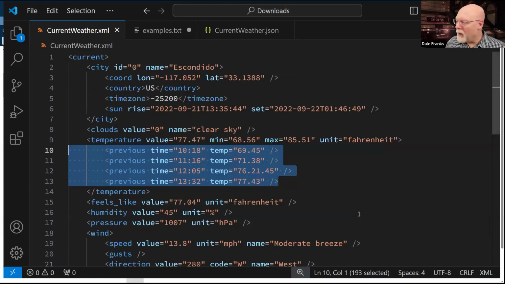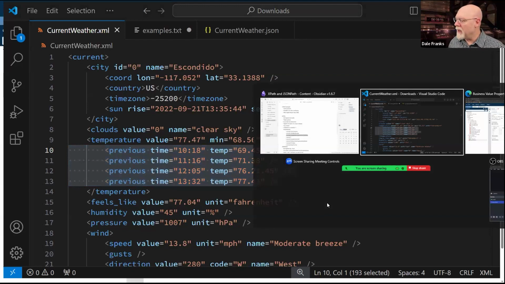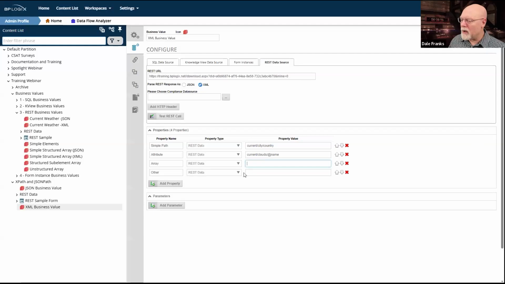So if I wanted the first item out of that array, and I wanted the time that is listed for that particular element in the array, I would need to do something like this.